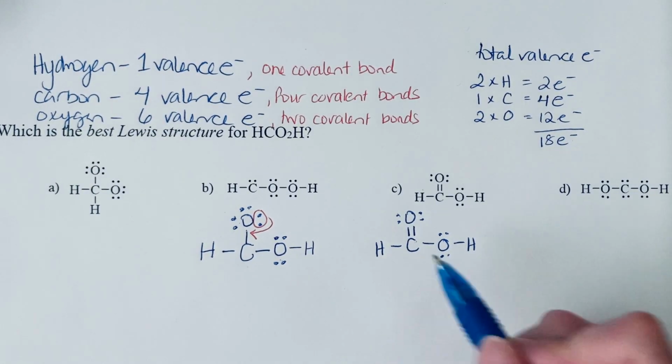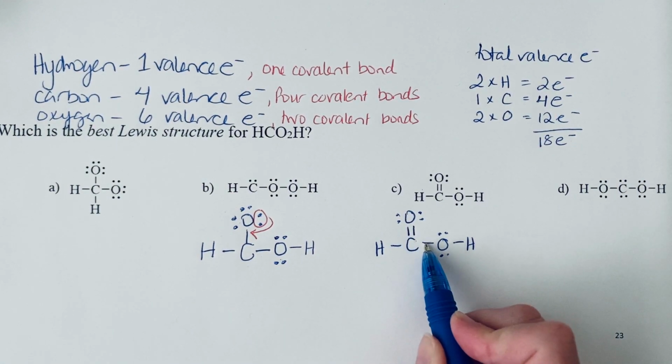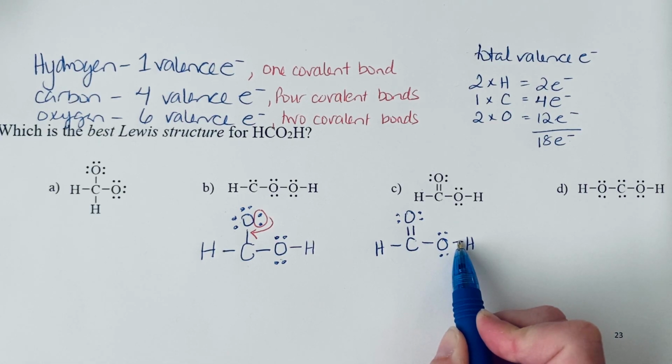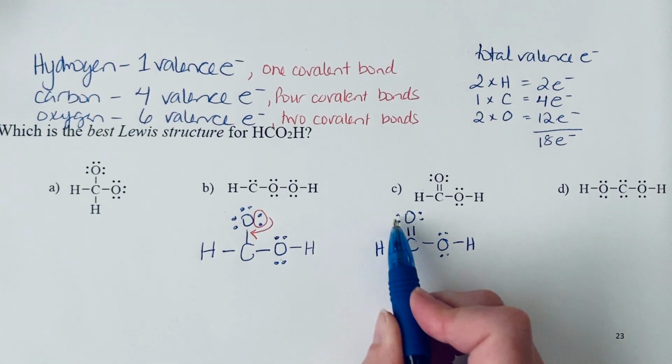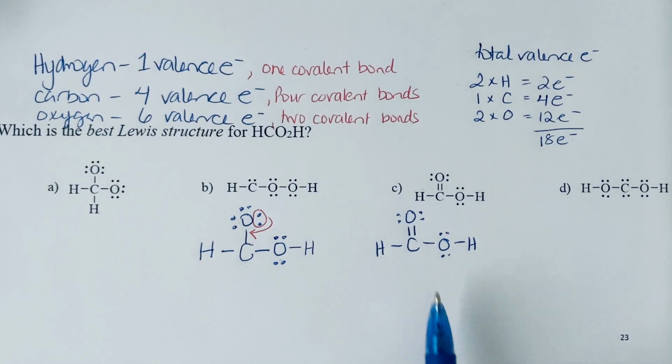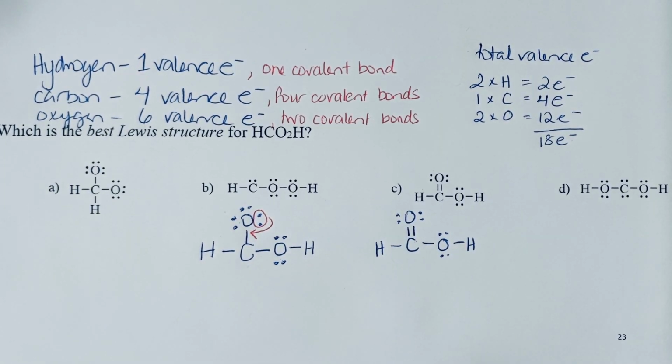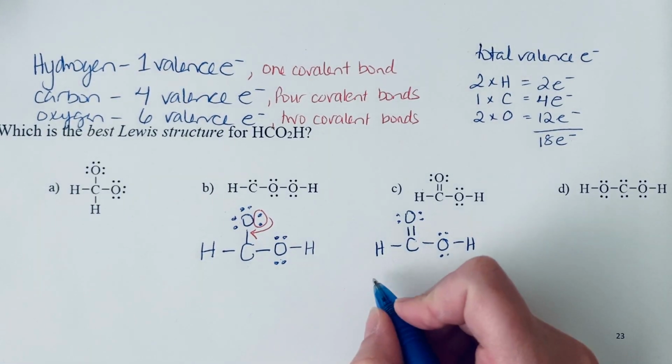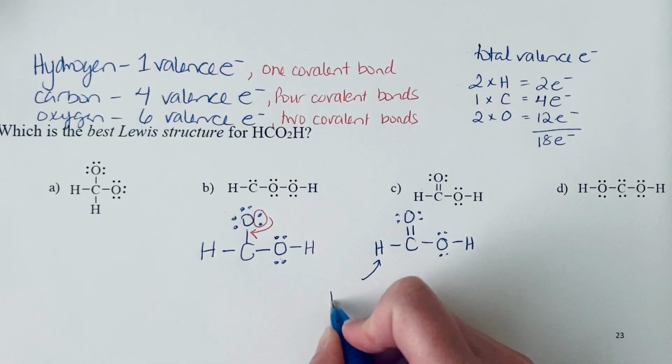We can check. 2, 4, 6, 8, 10, and then we'll count the lone pairs, 12, 14, 16, 18. So we do have the right number of electrons in this structure. And another thing to check would be the formal charge. So all of the atoms in this molecule have a formal charge of 0. So to calculate the formal charge, so for the hydrogens,